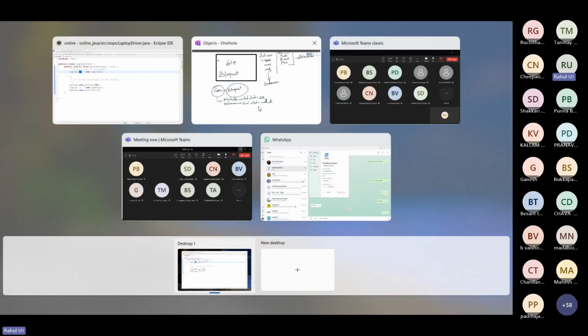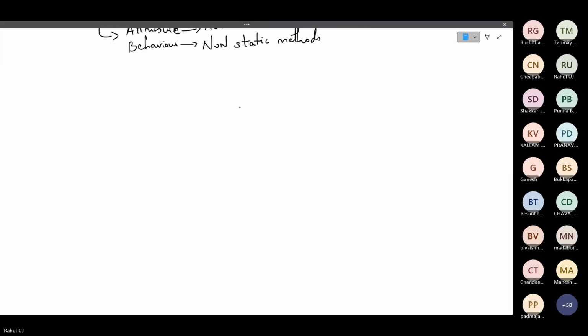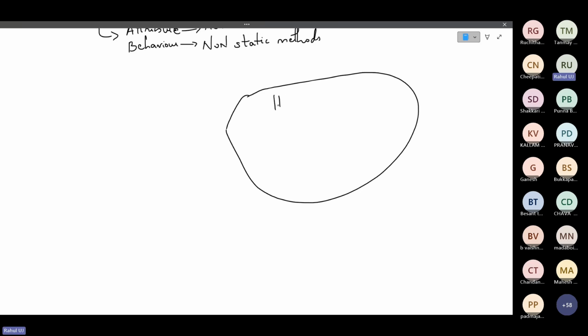So I'll explain what happens inside this example. Okay. So there is something called as heap area. Which area is there?